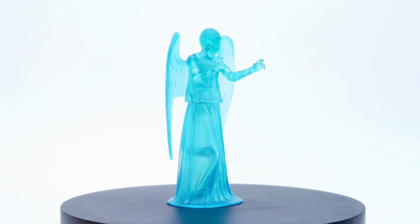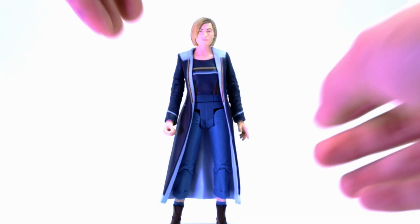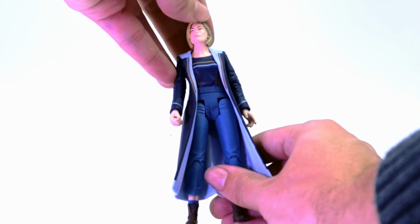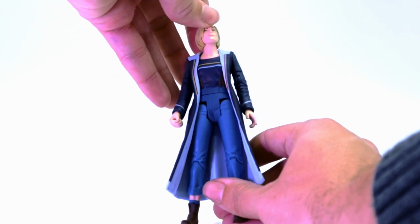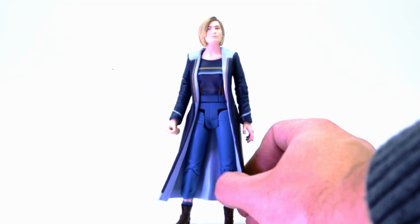This is a cool figure nonetheless, and it is something quite unique to put into your collection. So for articulation for the 13th Doctor, there is a fair bit on here. You've got articulation at the head, and this can actually do a full 360 without risking any damage to the neck or the hair, because the head itself is on a ball joint, and it's quite good to be fair,